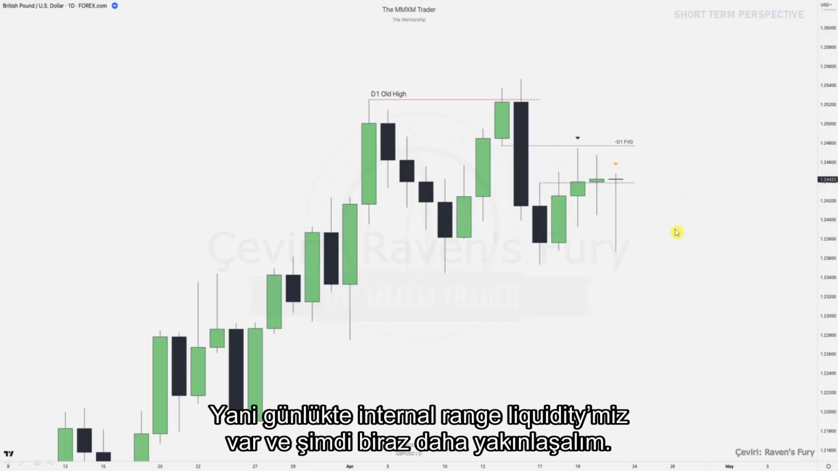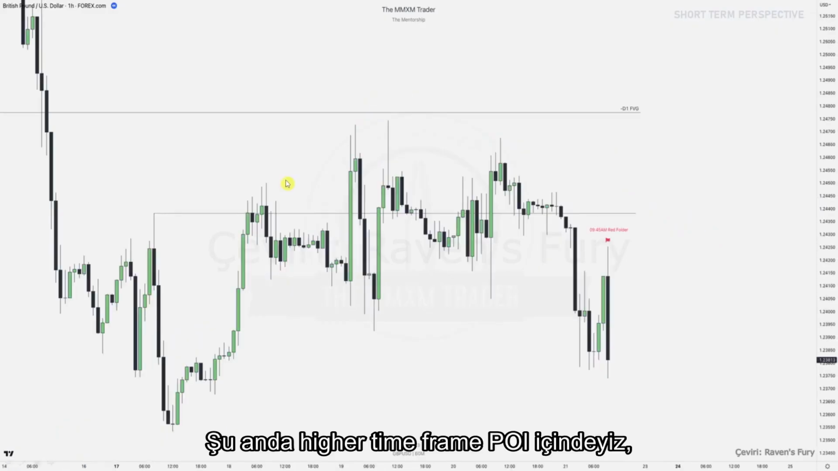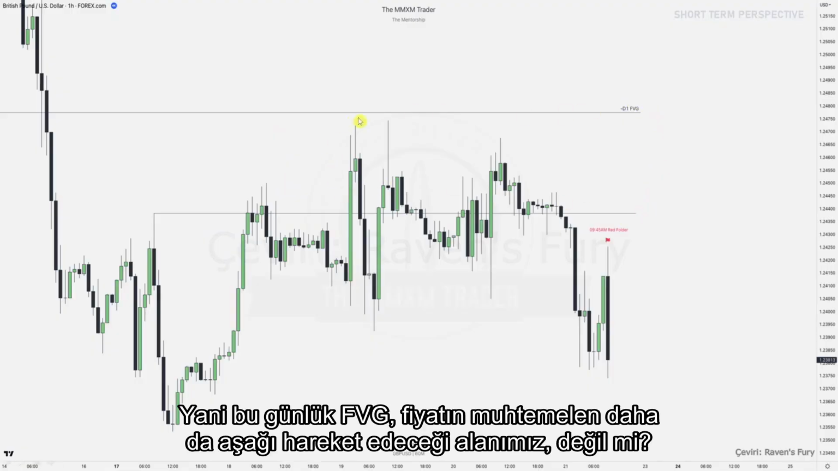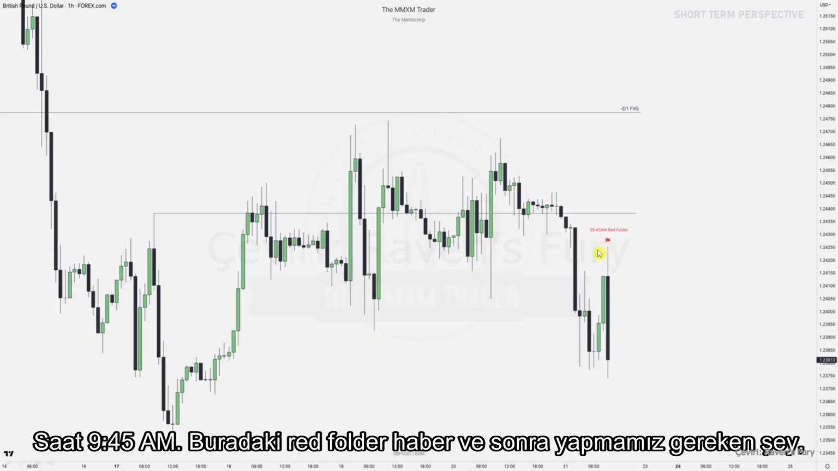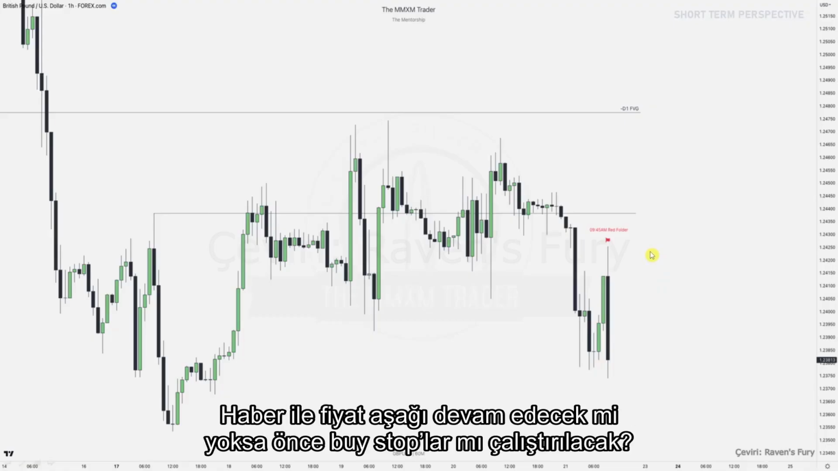And now let's zoom in a little bit more. Right, we got that 1 hour chart, right? Now we're in a higher time frame POI, right? So this daily fair value gap is our area where it's highly likely that price will move down further, right? Continuation. Now let's look at where is a news event. We have that 9:45 a.m. red folder up here, and then we have to decide where has liquidity been taken already and what is more likely to happen. Are we going to have a continuation lower with news, or are we going to run buy